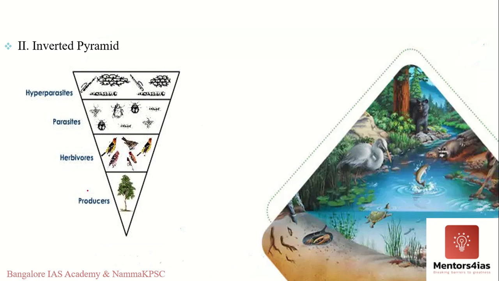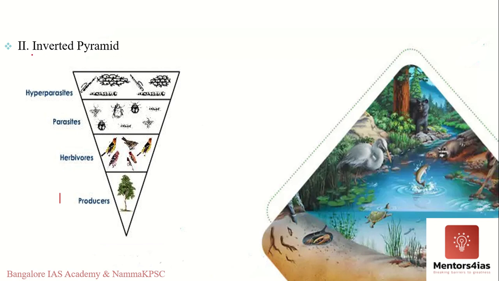An inverted pyramid of numbers is seen usually in a tree ecosystem, where the first trophic level only contains a tree. The next trophic level is occupied by birds which feed on the fruits and are greater in number. The next level is occupied by parasites or even hyperparasites which feed off the birds and hence they are greater in number. So here I want you to remember that when it comes to pyramid of numbers, you may have